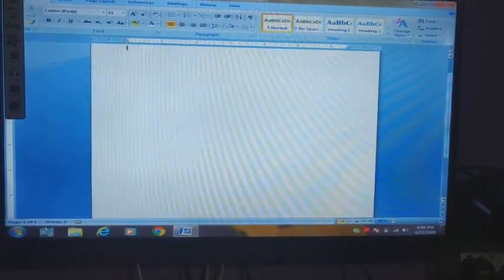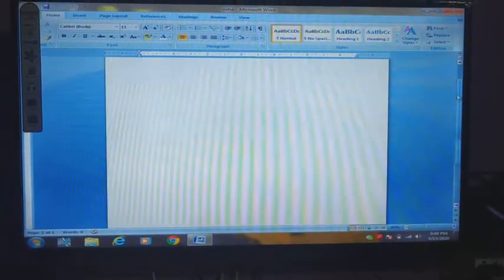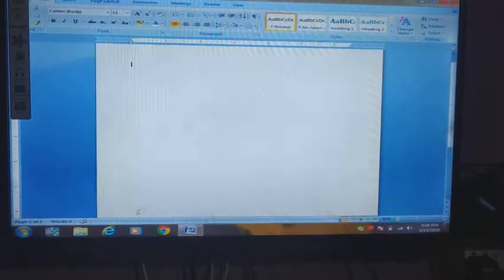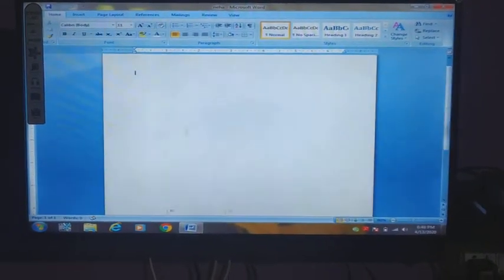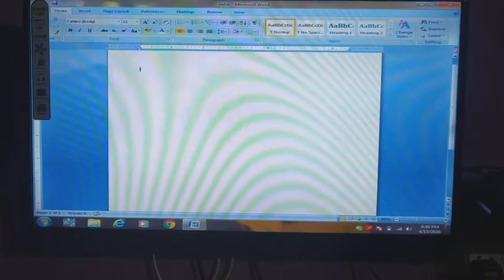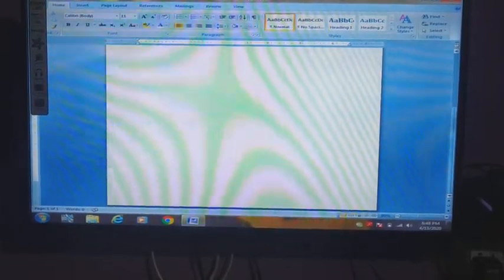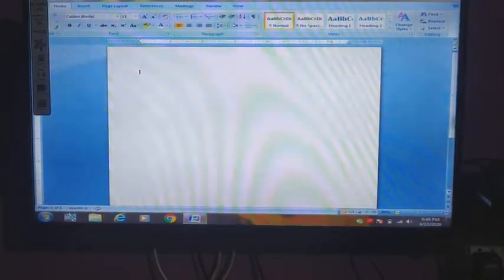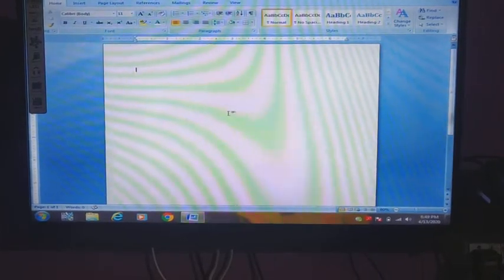There are two scroll bars, horizontal scroll bar and vertical scroll bar. One bar comes here, horizontal scroll bar for moving your screen left and right, and one is here, vertical scroll bar for moving your screen up and down.